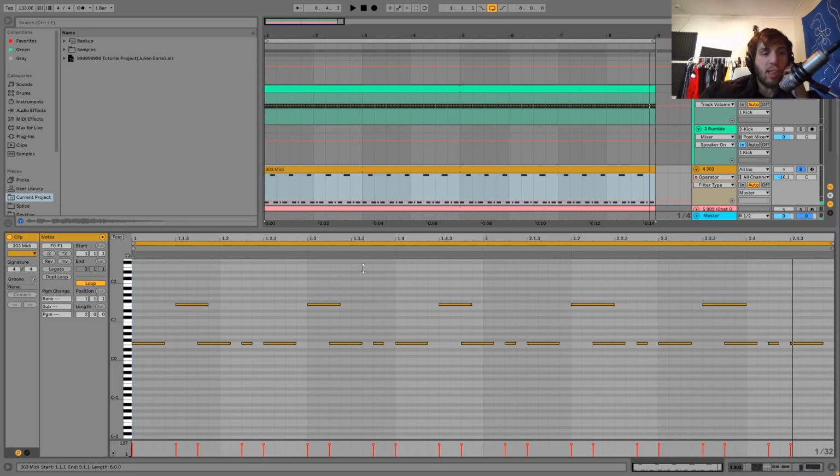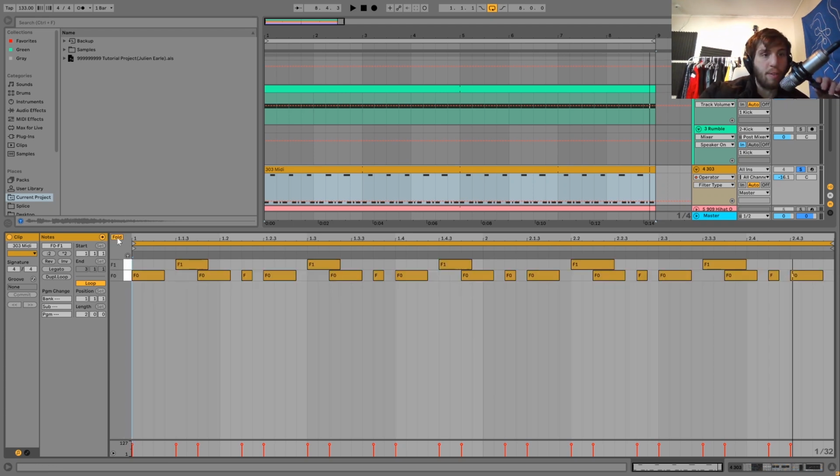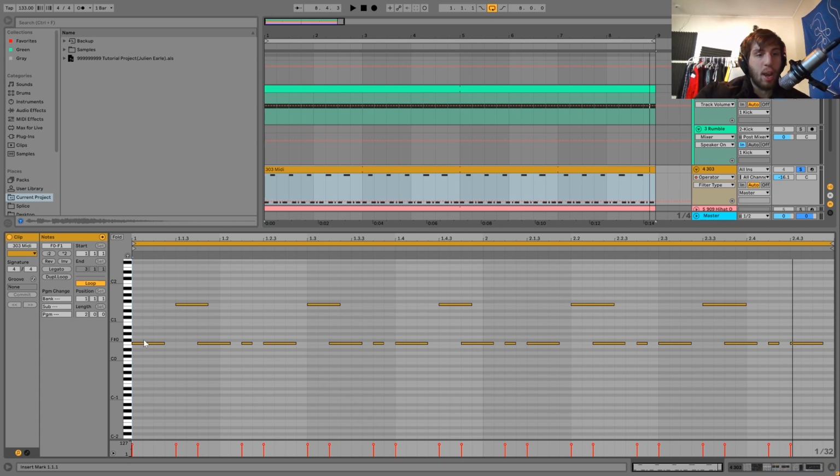So here's the MIDI for this. You can see it's really simple. It's literally just F in one octave and then F an octave up. So it's this really simple pattern where you're just sliding from F to F an octave up and then just kind of doing those little